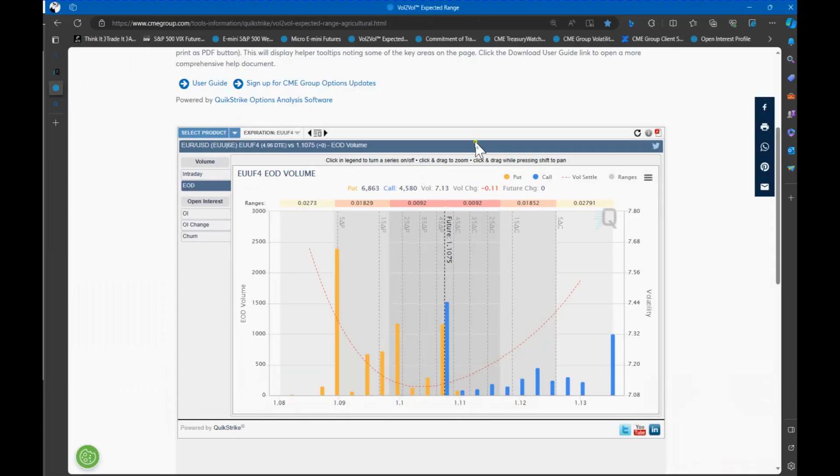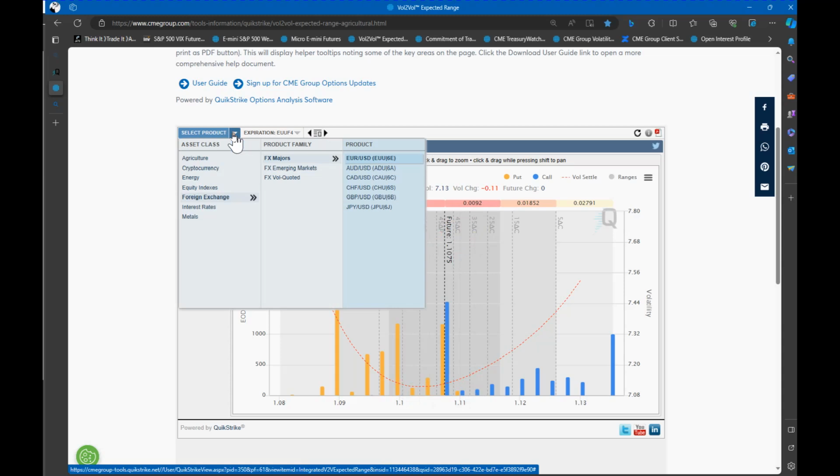This is the expected range that you can get for implied volatility. Implied volatility is forward looking, based on option contracts. Historical volatility is based on past, actual volatility levels. You can see that the Quick Strike implied volatility expected range, you can get it for any instrument that they have. They've got agriculture, energy, equity indexes. They do have foreign exchange, and for your major pairs,